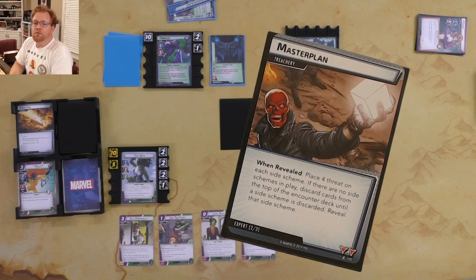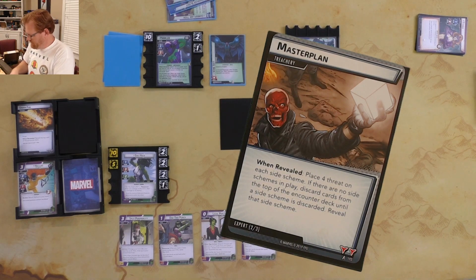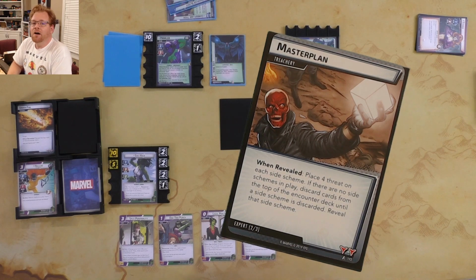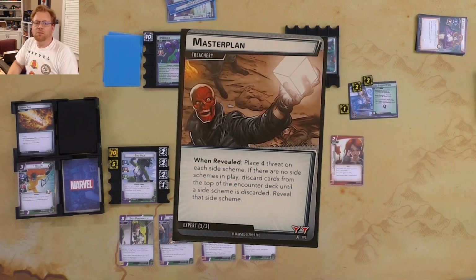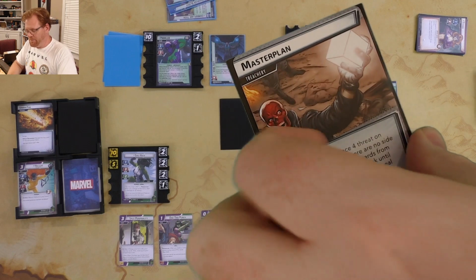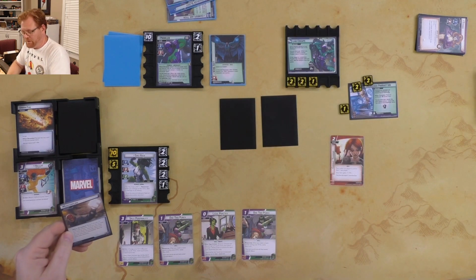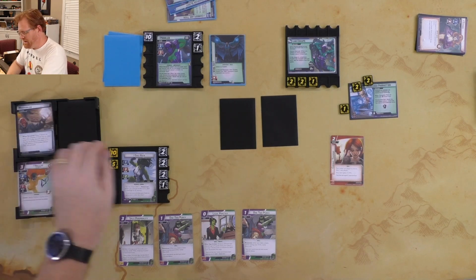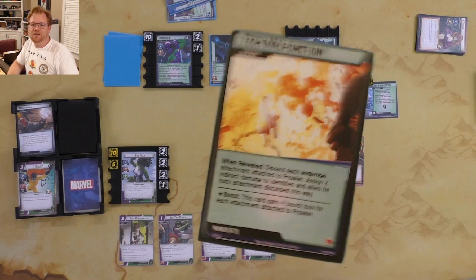Master Plan. When revealed, place 4 threat on each side scheme. Oh, damn you. I thought I was going to get the increased production out of there. That's not happening. Then we don't have to worry about the rest of it. Blah, blah, blah. Okay. Making sure I'm... Yep. Okay. Next card is...